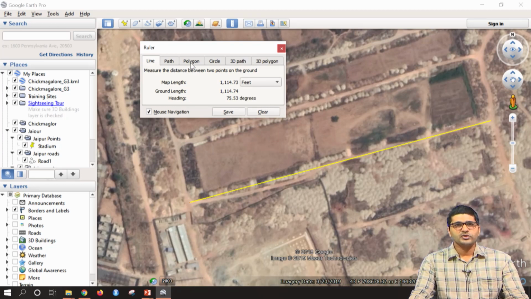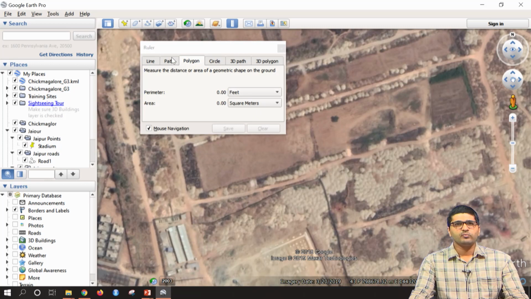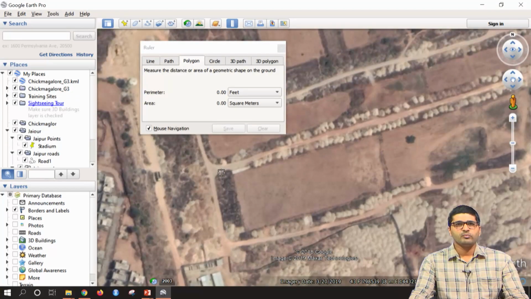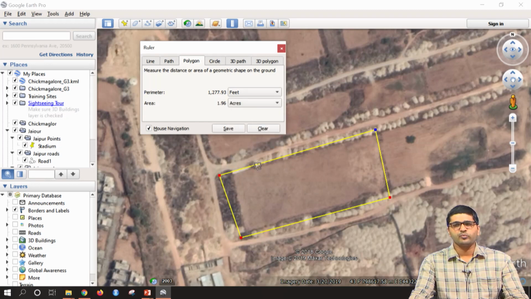If you want to measure the area of a particular place, that can also be done. I will close this once and click again. You just need to click on the polygon button. For example, if you have a site or any property here, you can measure that property by clicking on the four corners, or any shape you can create. If you double click, the area in square meters is shown. The length is the total length of the line. The area can be in square meters, or you can measure it in hectares or even acres. This is around 1.96 acres.